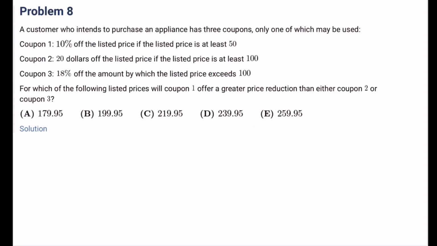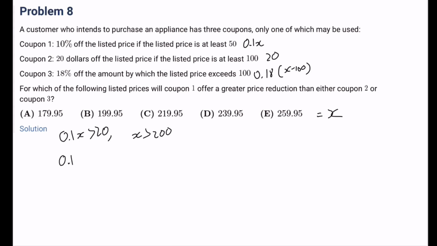First one, if we call the listed price x, then the amount that is discounted is going to be 0.1x, and this much is always going to be $20, and coupon number 3, that's going to be 0.18 times x minus 100, and so this is the amount that is discounted. So we want the one that is the largest, and we want this one to be the largest. That means 0.1x has to be greater than 20. This gives us x is greater than 200,